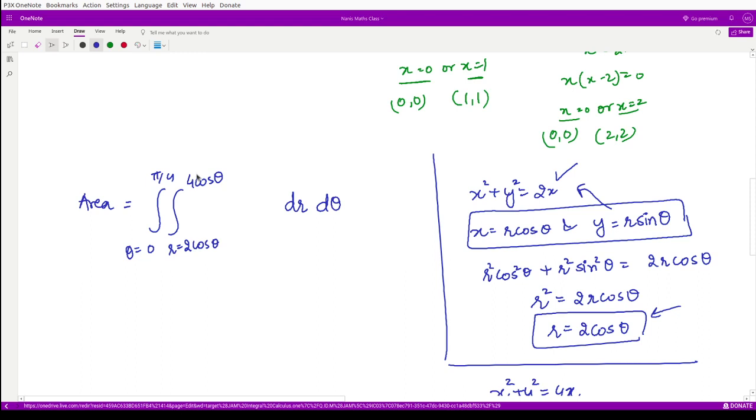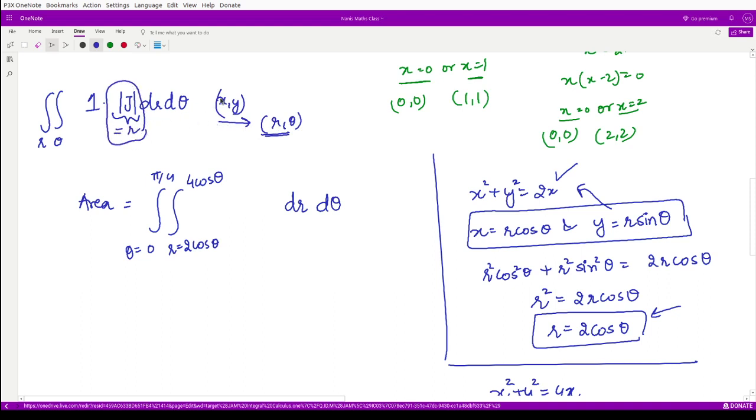And moreover, if you remember, area in polar is obtained by writing the values of r and theta. And here we have the Jacobian dr d theta, and the value of the function here as 1. Now the Jacobian in this case, when you shift from the coordinates x, y to the coordinates r and theta, is simply equal to r. If you do not remember, just go and look back at your class notes for this topic on multiple integrals. So this value is r, and the function's value we take to be equal to 1, right? So this is the formula.